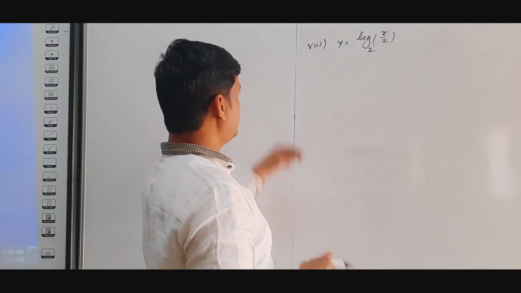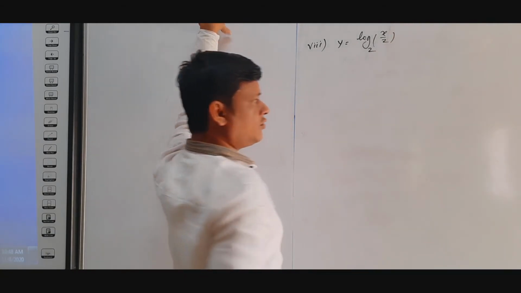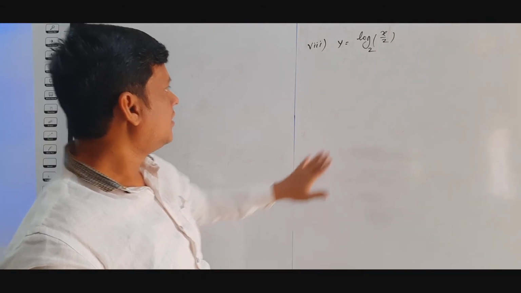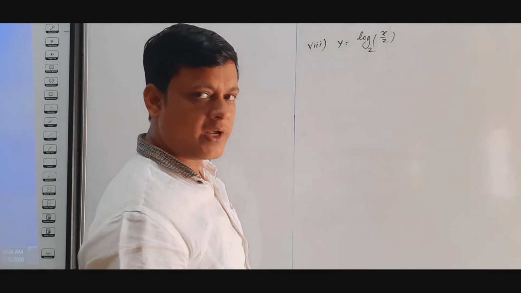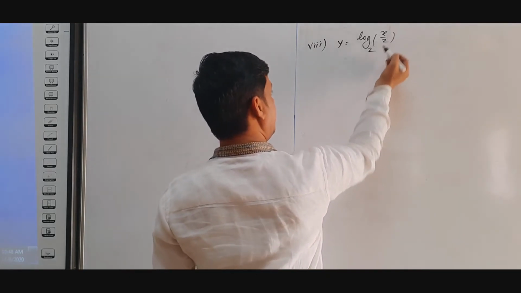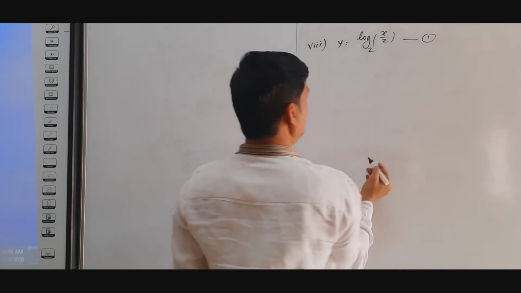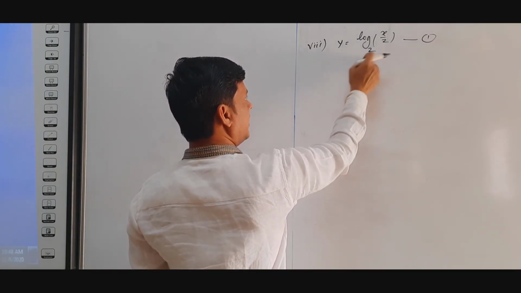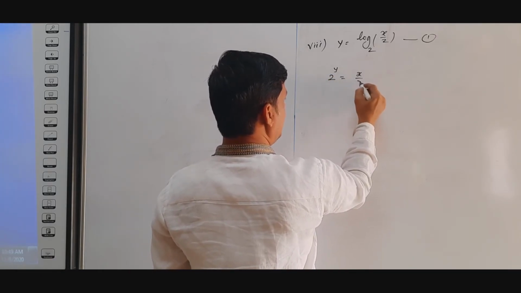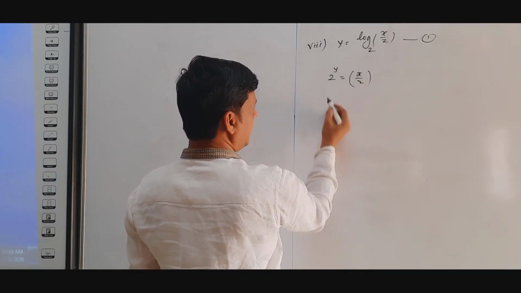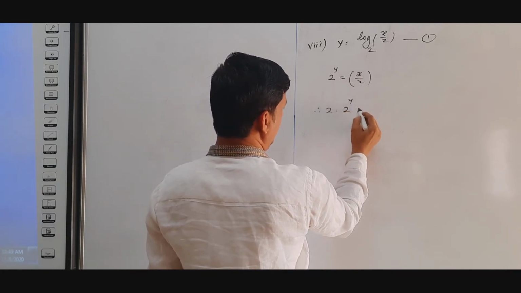Now see the last subquestion, question number 8. Y is equal to log of x by 2 to the base 2. So this function is in logarithmic form, and we have to convert it into exponential form for finding the value of x. So we write this as equation number 1. We write in exponential form as 2 raised to the power y is equal to x by 2. So when we transfer this 2 to the left hand side, we write 2 into 2 raised to the power y is equal to